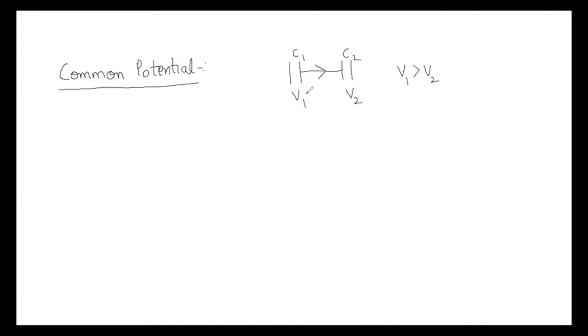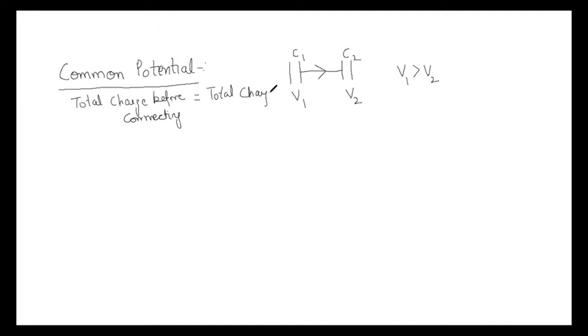So two capacitors which are charged to different potentials are connected by a conducting wire. The charges will start flowing from the higher potential capacitor to the lower one until they reach the same potential, and this potential is called the common potential. Here the total charge on the two capacitors before connecting by a conducting wire should be equal to the total charge after connecting. We know that charge is always conserved.